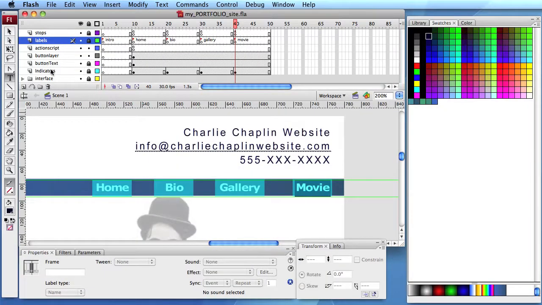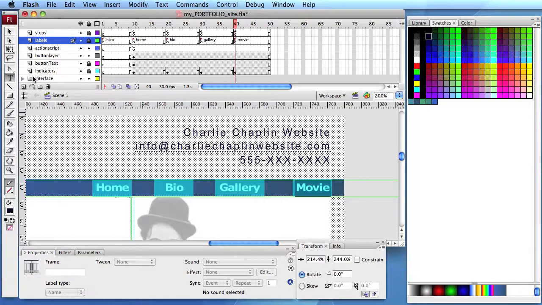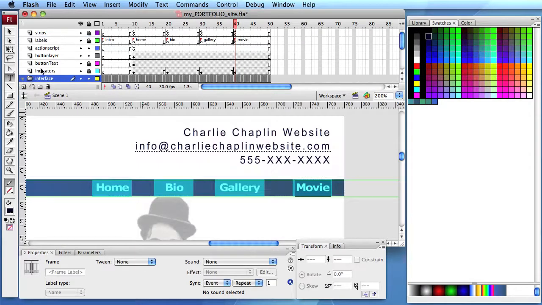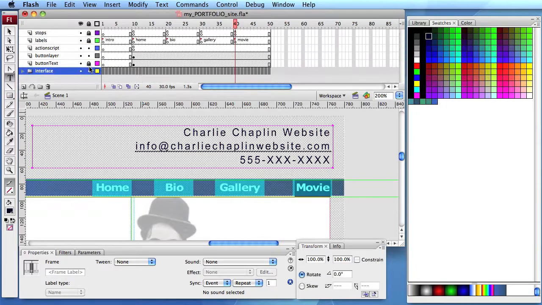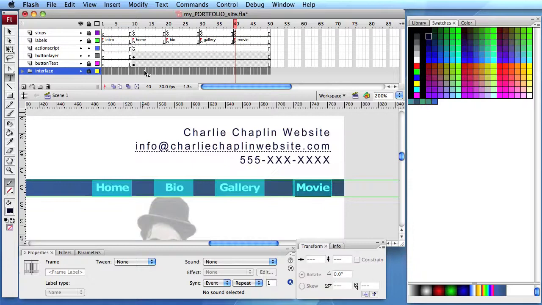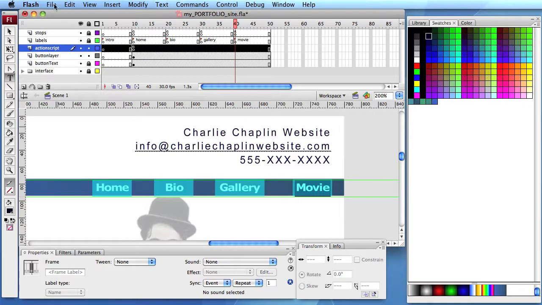and the first thing I want to do is get rid of this indicators layer. Unlock the interface folder and just drop it right into the folder, and then close up that folder, twirl up, and lock it again so it's out of our way. Next thing I want to do is create a new layer, and we'll call this one Illustrator